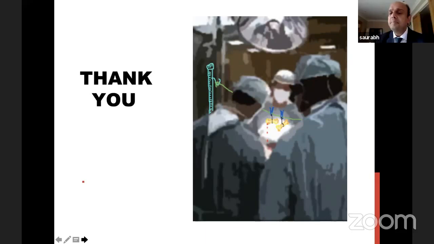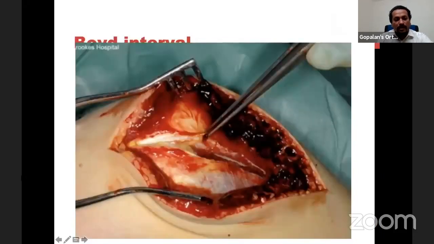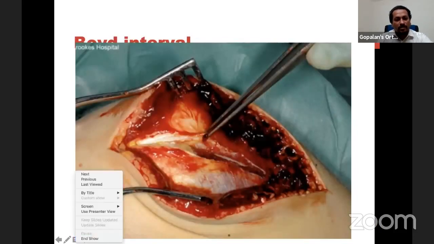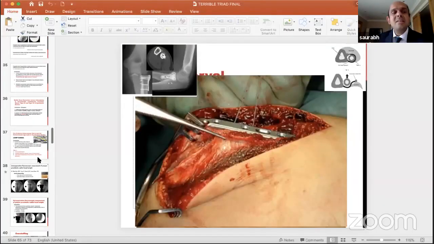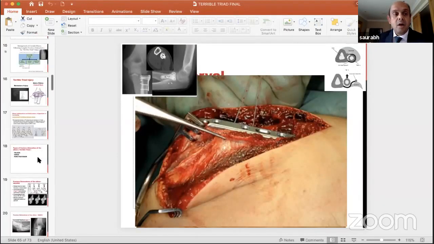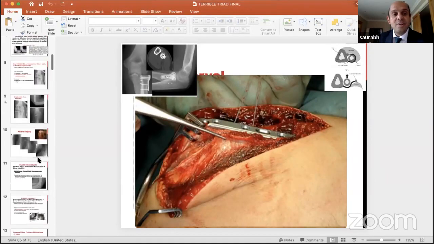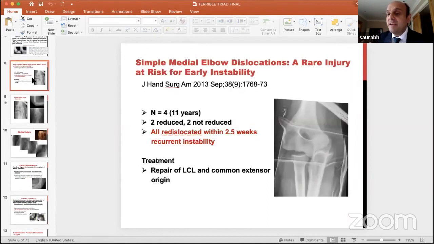There are just a couple of questions. One is, the moment you see a medial dislocation, there's no other associated injury. If you see a simple medial dislocation, it means you need to repair it, is it? Yes, as I said, it's a very rare injury, Dr. Hitesh. So far in my practice, I've only seen one case. It's a very different kettle of fish to a simple posterior dislocation. So I would say if you see this injury, no point treating in plaster, it'll almost always come out. Repair the lateral ligament and the extensor muscles. I would do that personally.